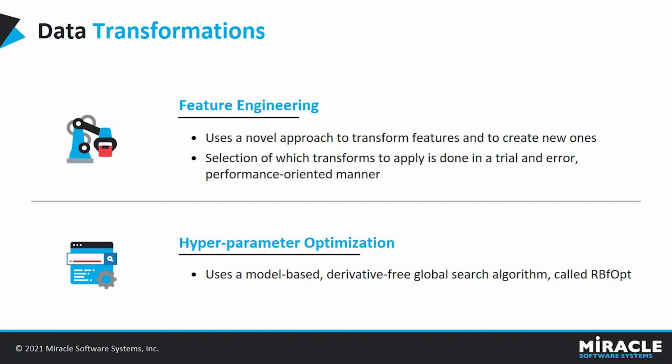Automatic feature engineering in AutoAI follows a unique approach that explores various feature construction choices in a structured, non-exhaustive manner, while progressively maximizing the model accuracy using reinforcement learning. This results in an optimized sequence of transformations for the data that must match the algorithms for the model selection step. There is a list of transformations used by AutoAI for the models, where the selection of which transforms to apply is done on a trial and error basis. So next is hyperparameter optimization.